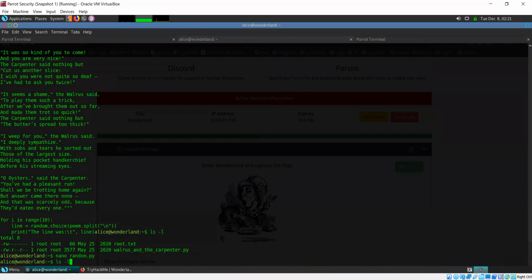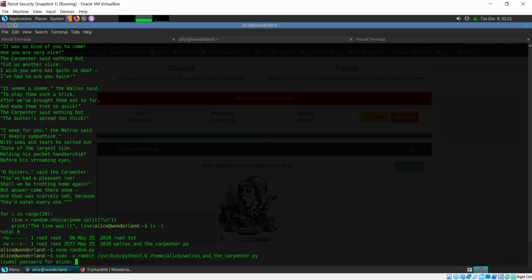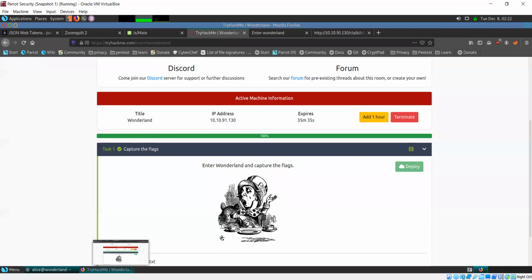Now let's try running this command again, like this one. Let's see what happens. Password for Alice. Okay, I just have to copy that.